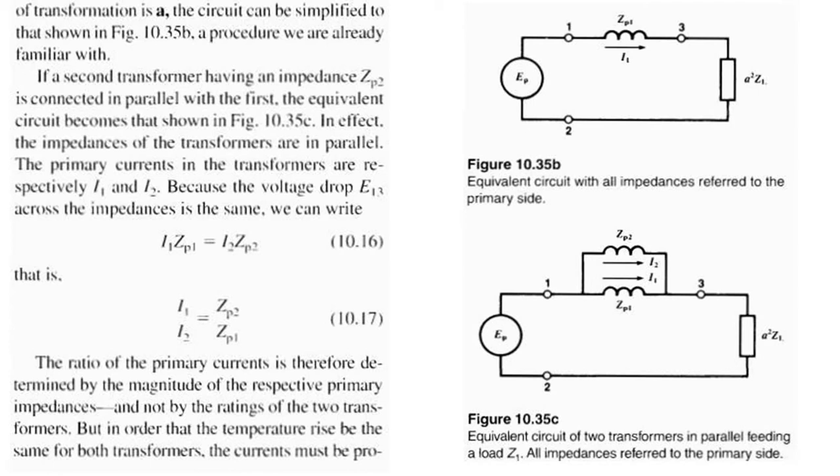Because the voltage drops across the impedances must be the same, I1 ZP1 is equal to I2 ZP2. Therefore, I1 divided by I2 is equal to ZP2 divided by ZP1. The ratio of the currents in the transformers is therefore determined by the magnitudes of the respective primary impedances and not by the ratings of the transformers. But in order to have the same temperature rise, both transformer currents must be